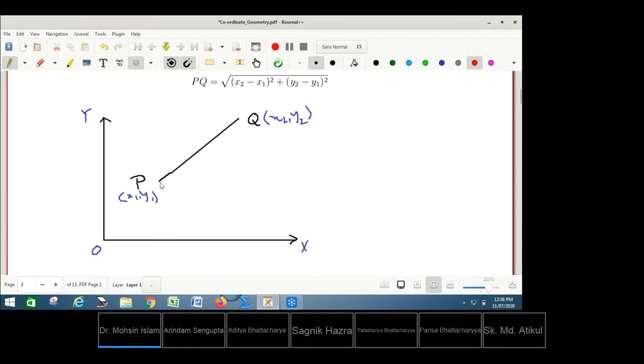So what I am doing is completing a triangle and drawing perpendiculars from P and Q. This is the perpendicular on the x-axis, and suppose this point is T. From T, I am drawing one perpendicular; this is R and this is S. So I am completing the triangle, drawing two perpendiculars let fall on the x-axis.